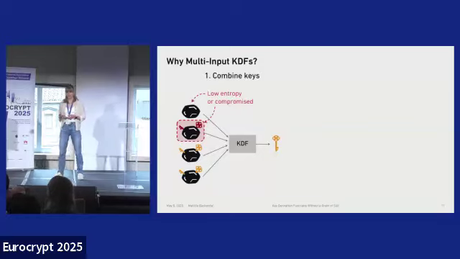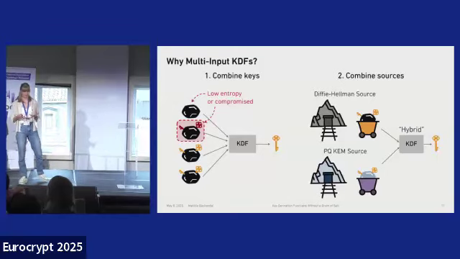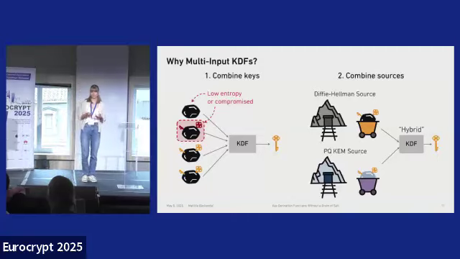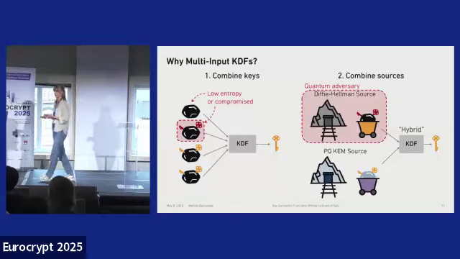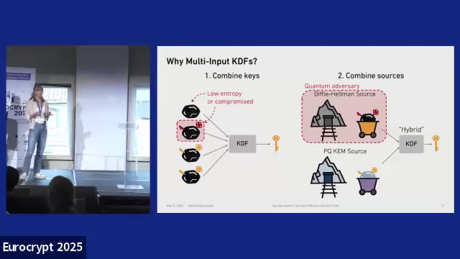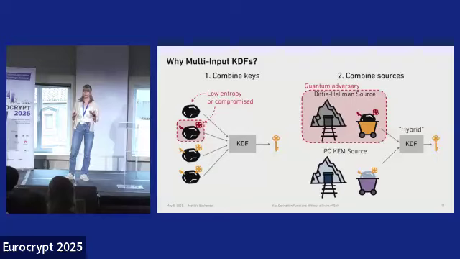The second use case is to combine sources. All source key material is generated by some source, but not all sources might be secure. For example, if one of the sources is Diffie-Hellman key exchange, and we have a quantum adversary which can break the discrete log, we would like the KDF to combine key material from different sources such that the output key is secure,